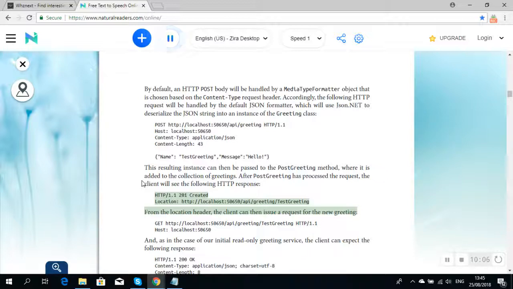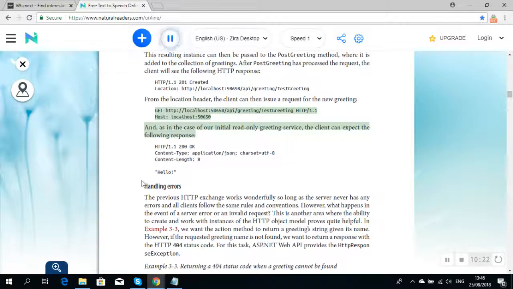HTTP/1.1 201 Created Location: http://localhost:50650/api/greeting/testgreeting from the location header. The client can then issue a request for the new greeting. GET http://localhost:50650/api/greeting/testgreeting HTTP/1.1 Host: localhost:50650